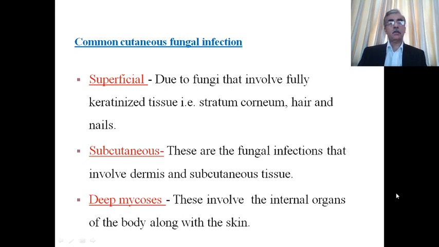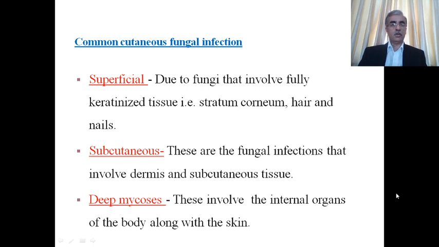Then about the various clinical pictures of fungal infection. Fungi can involve the superficial part of skin, subcutaneous tissue, and they can involve deep tissue, that is deep mycosis, or internal organs can be involved. So we divide into three parts. When the fungi involve fully keratinized tissue, that is stratum corneum, hair and nail, then it is known as superficial fungal infection. When the fungi penetrate deeper into the skin up to dermis and subcutaneous tissue level, then it is subcutaneous fungal infection. When the fungal elements infect internal organs of the body along with skin, then it